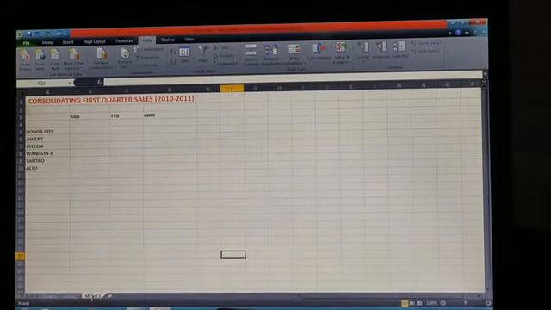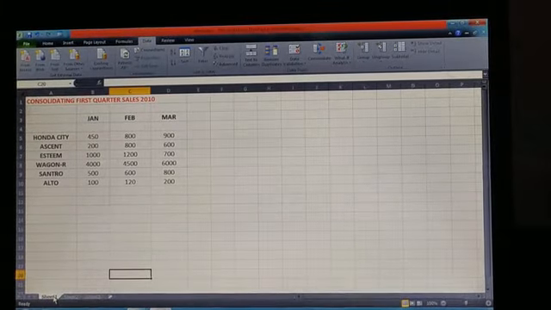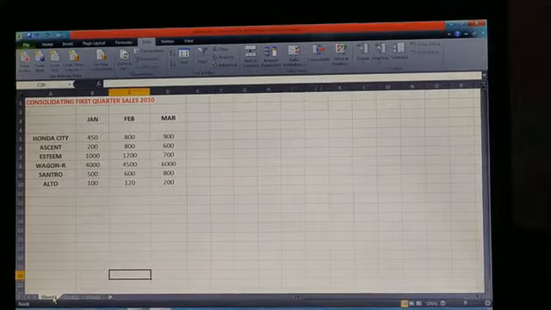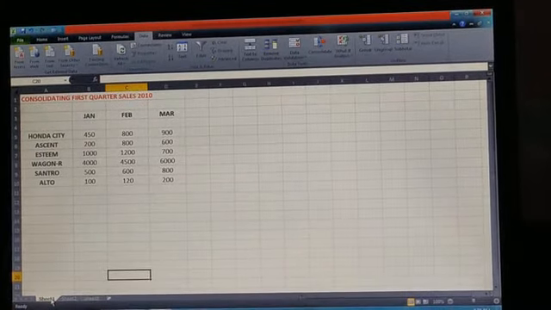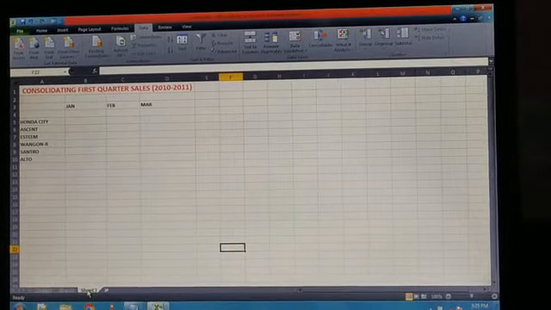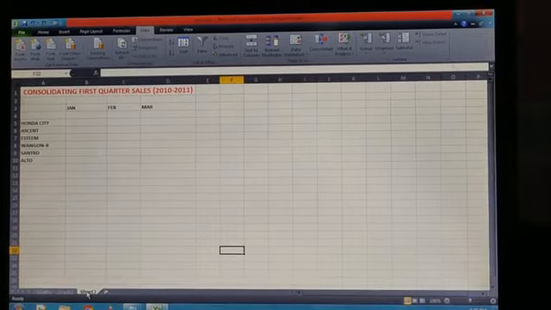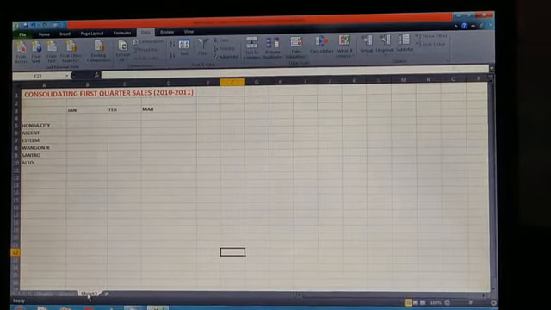So first of all, you have to select your sheet 3. Okay, in this sheet 3 we have already changed the headings as shown in figure 5.17.